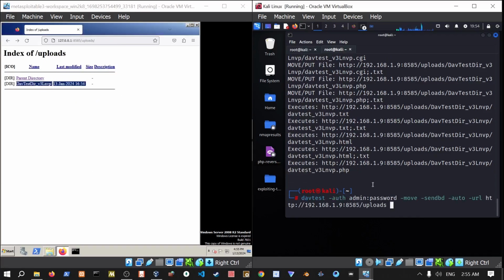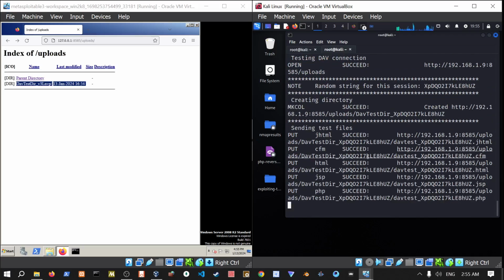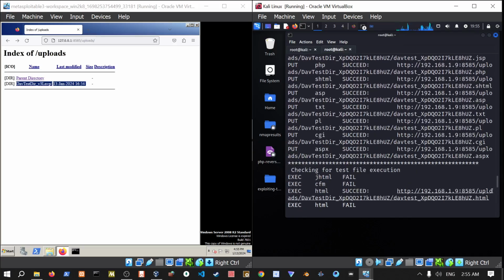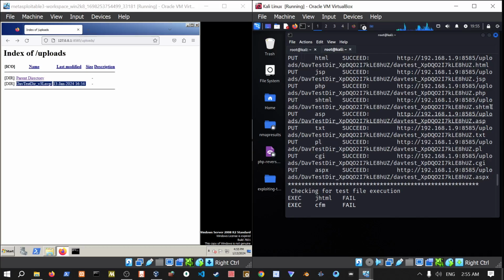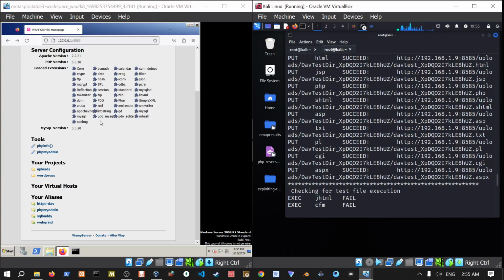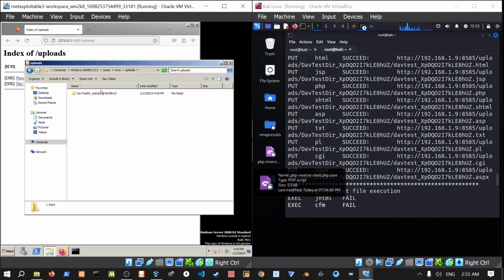All right. So let's rerun the command, but remove the move option. This is gonna test out all types of files. As you can see, this is not only text files. This is also ASP, PHP, HTML, SHTML, and so on and so forth. So let's refresh this. As you can see right now, the files are a little bit different. So we can just remove this again from over here. All right, let's actually